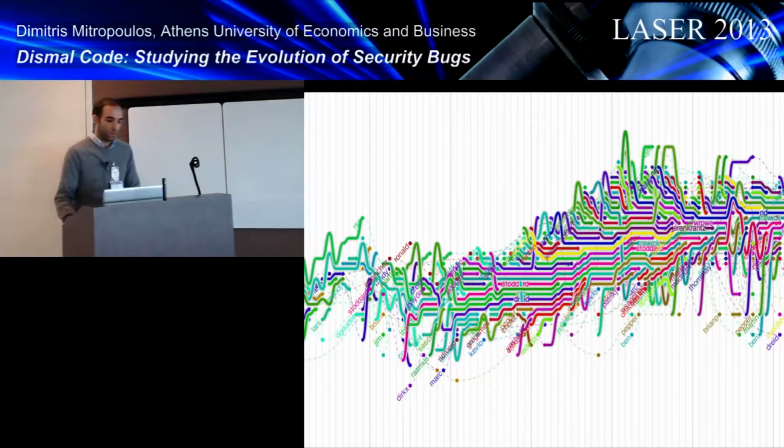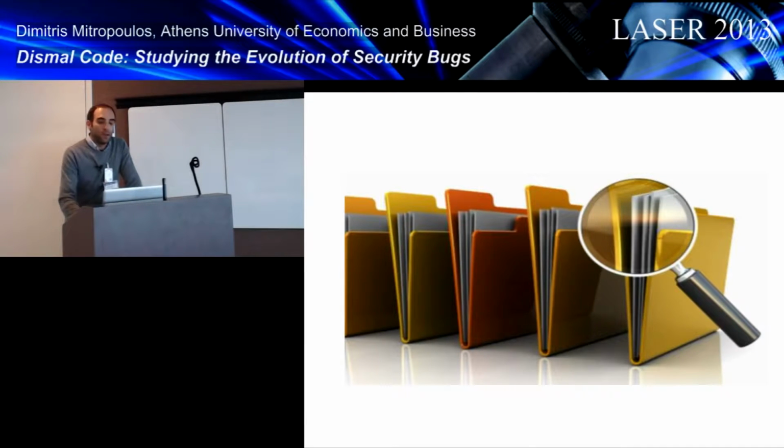The aim of our work was to study the characteristics and the behavior of security bugs in relation to evolving software packages. I wish that this figure was mine, but it's Michael Gousios. It's the evolution storyline of Apache. In particular, we inspected project releases to check if security bugs decrease or increase over time. In this case, our hypothesis was that they should decrease because of their criticality.